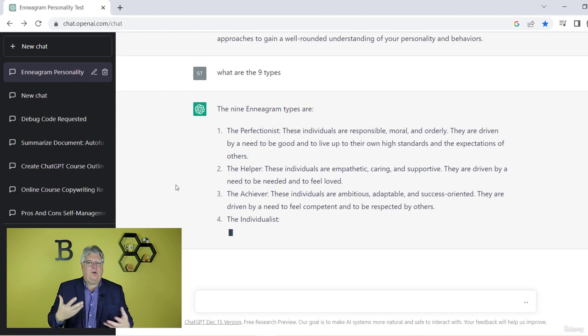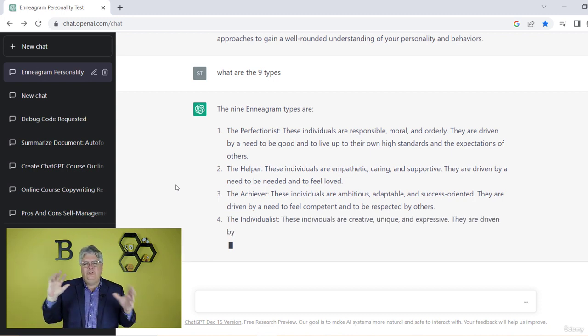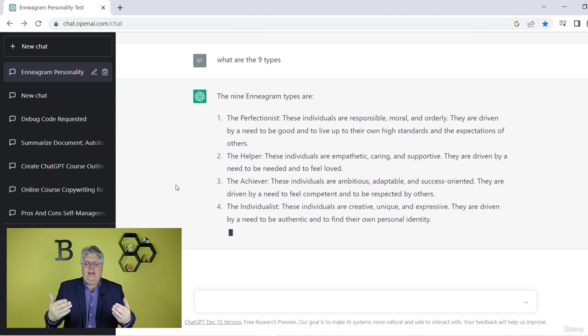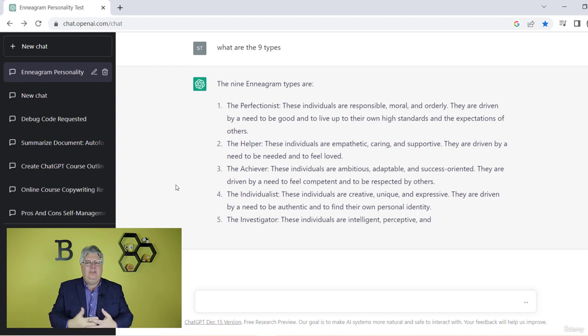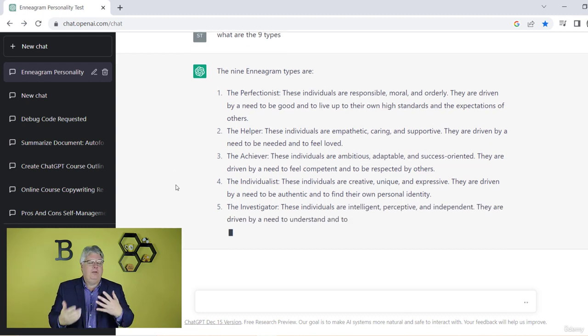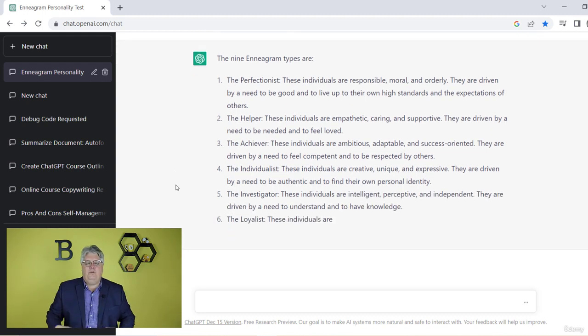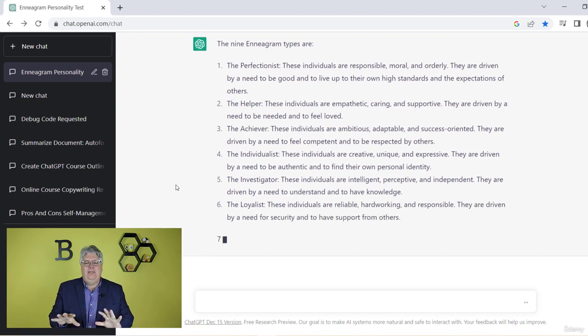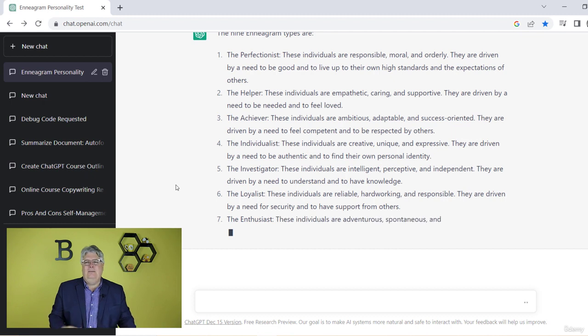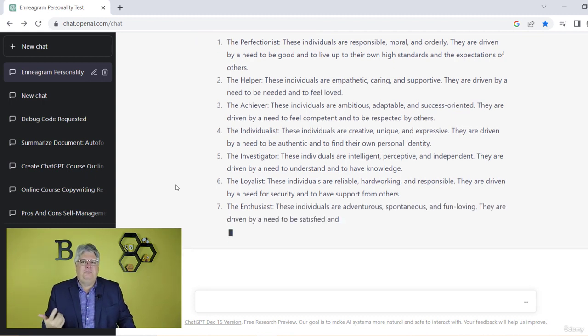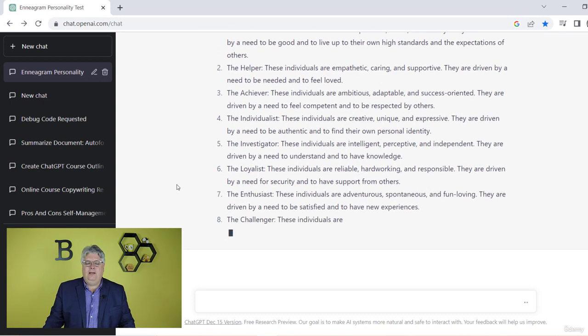Now think about your crazy boss asking you for stuff. You could be Googling, trying to piece this all together. Right now, this is all coming out. This is stuff that you can use and adapt into a written report for your boss, or pop them a quick email. Say the Enneagram is a personality test, it's based on this, and there are 9 types. Here are the 9 types. And that might be all the boss needs at that moment, right? So here we are, number 8, number 9.